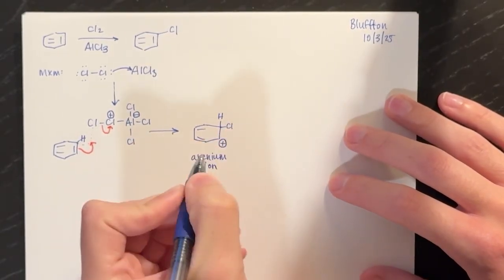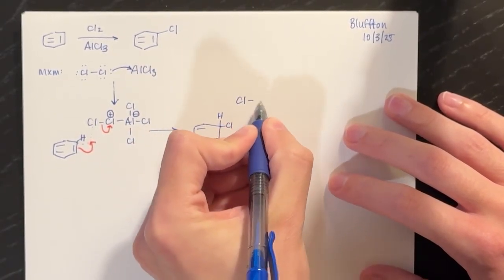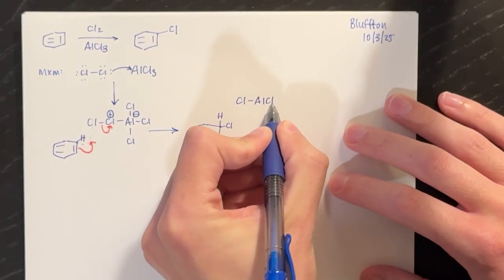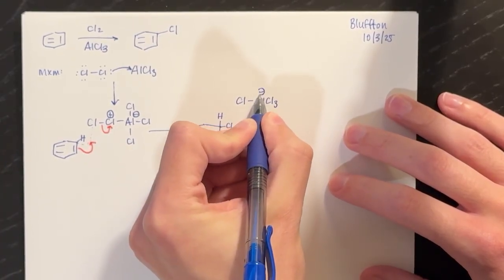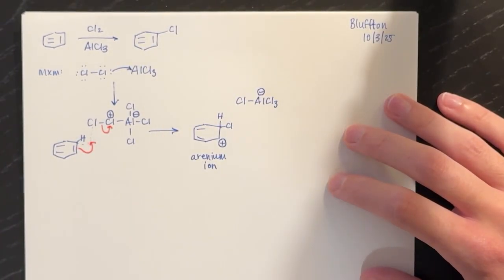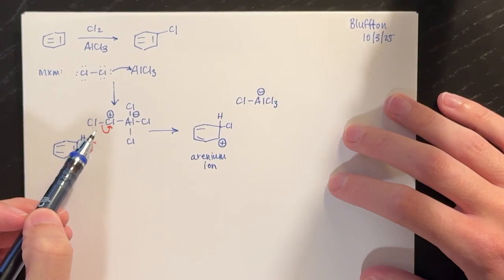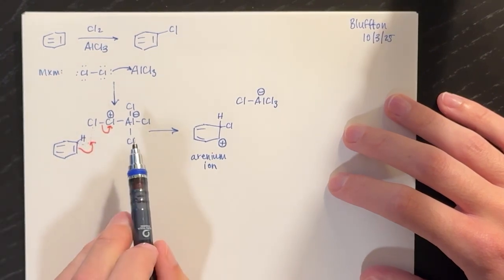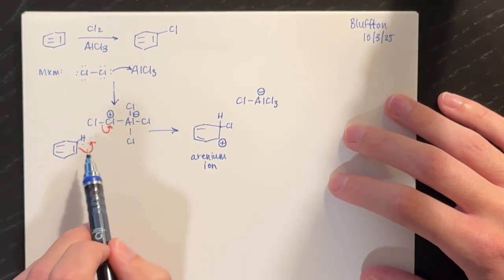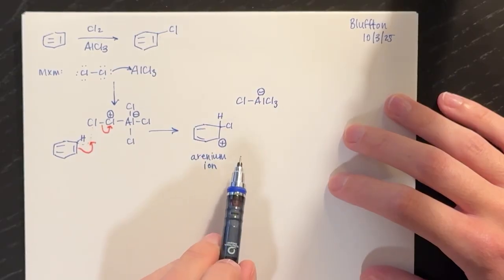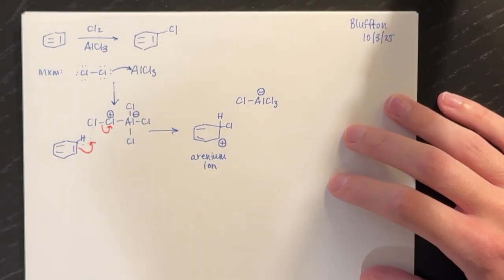And what we've got left from our aluminum chloride reagent is that. So we've created our strong electrophile. That's the first step. Then we've added the electrophile and broken aromaticity. That's the second step. The third step is to eliminate hydrogen and regenerate